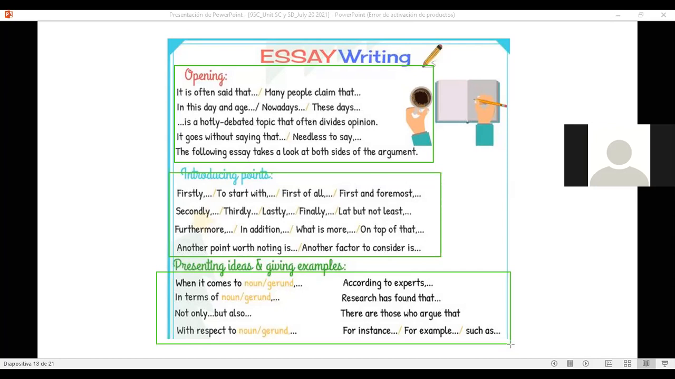When it comes to, in terms of, not only, but also,